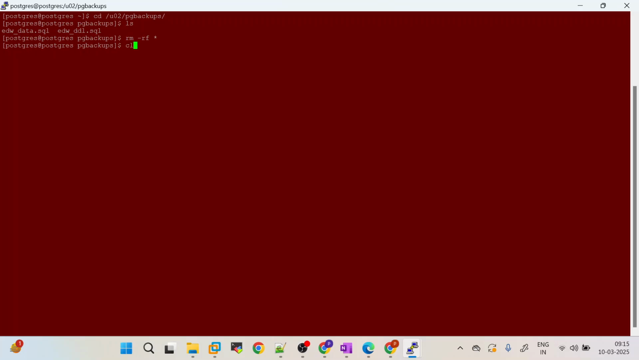Now, how can we take the backup? pg_dump -U, the username, -h is the host name or IP address of the server on which your source database is running. Where is my source database running? My source database is running on 192.168.29.125, -p 5432, and -d, the database of which you want to take the backup, -d edw,